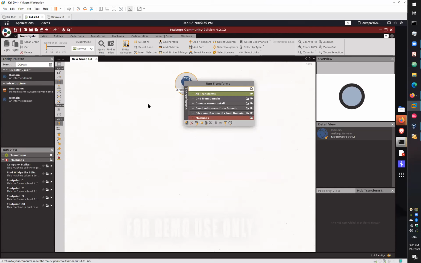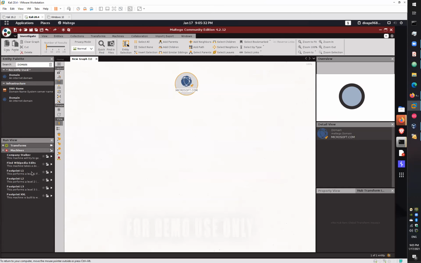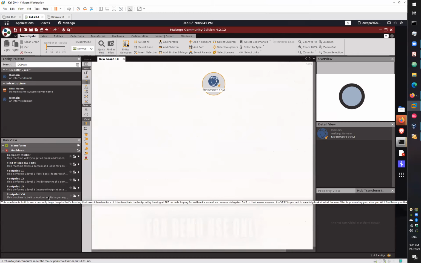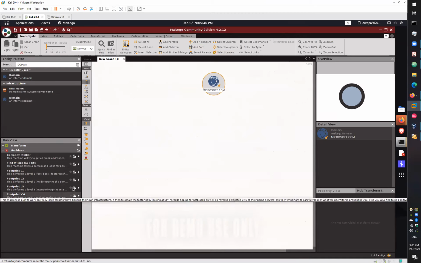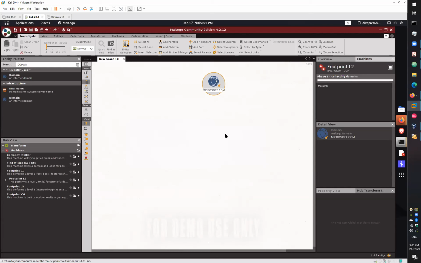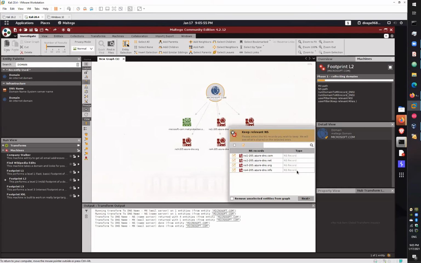If you want to perform all the transforms, if you want to enumerate all these things about this domain, just choose a footprinting level from your left. L1 is the lowest level, L2 medium, L3 higher, or XXL is the most powerful level of footprinting in this Maltego. Let's go for a medium one. It will give me details about the name servers, the MX records, the subdomains, and everything.